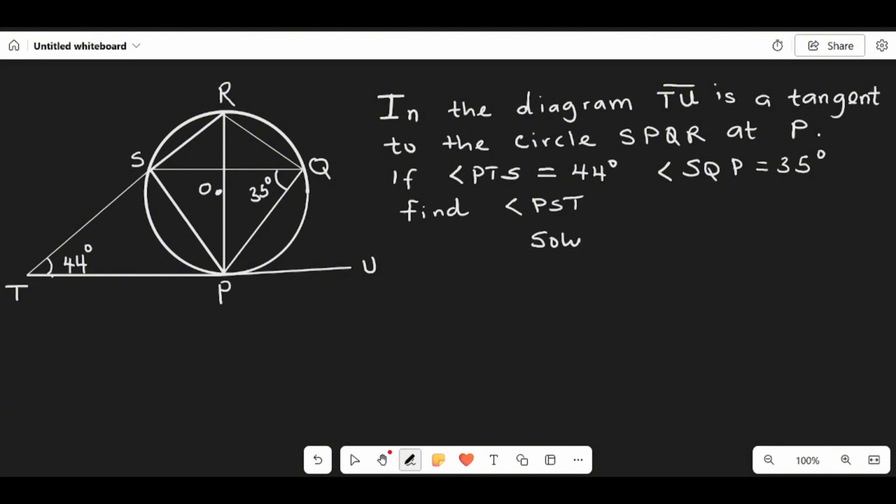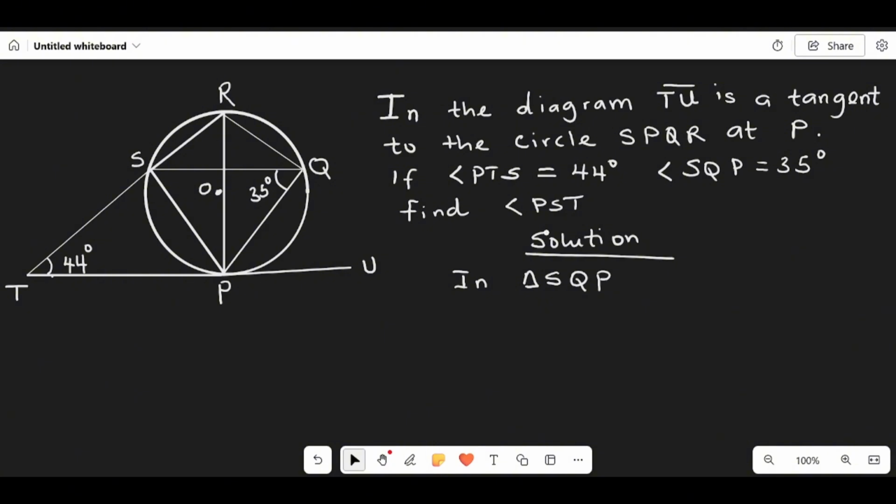Solution. In this diagram, let us consider triangle SQP. Now, according to the alternate segment theorem, which says the angle between a tangent and a chord equals the angle